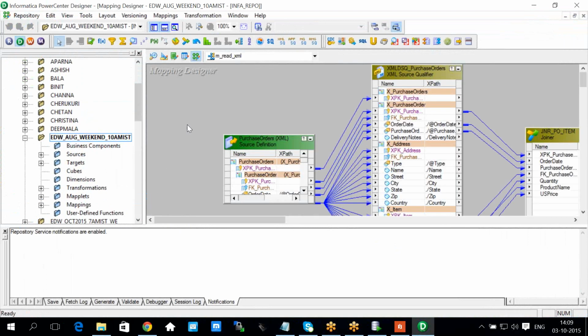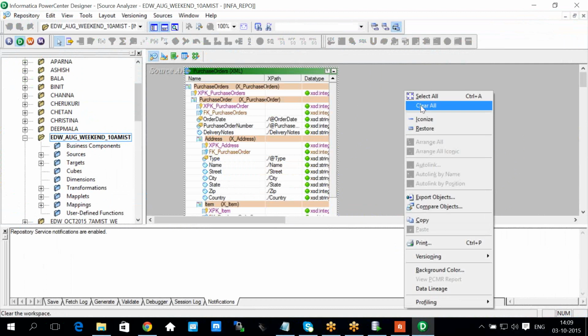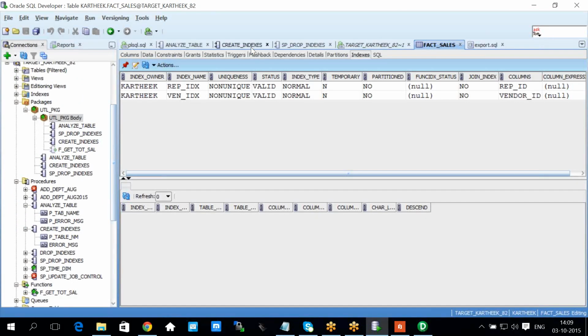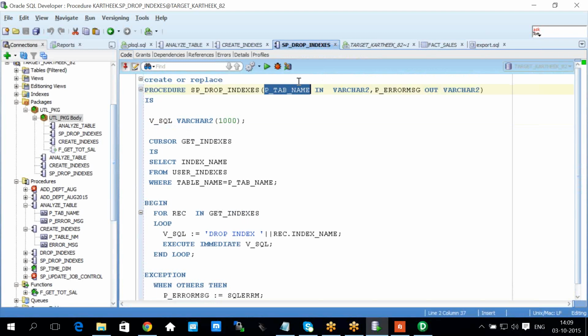So let me define, see, what is your stored procedure taking? If you see the drop indexes stored procedure, it is basically taking a table name and an error message. I need to pass the table name. How can I pass the table name? I don't have any table in my database which will give me just the table name where I can actually